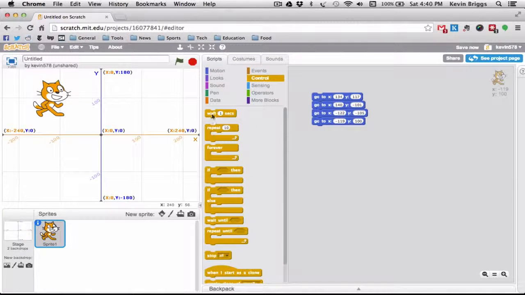So what we need to do is we need to bring out this little thing called wait. So if we have a little wait, 1 second is too long, but if we have him wait 0.1 second in between each of these commands, we'll start to see how he moves. So let's bring